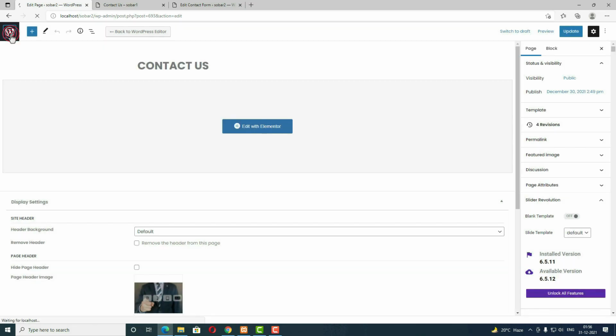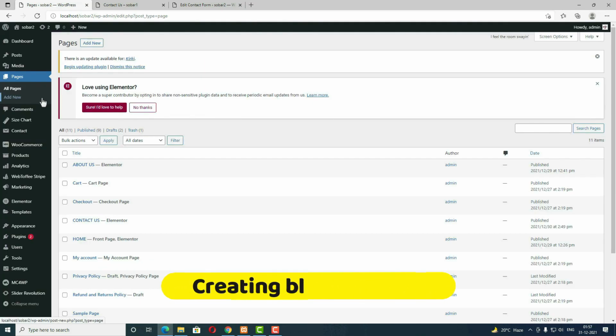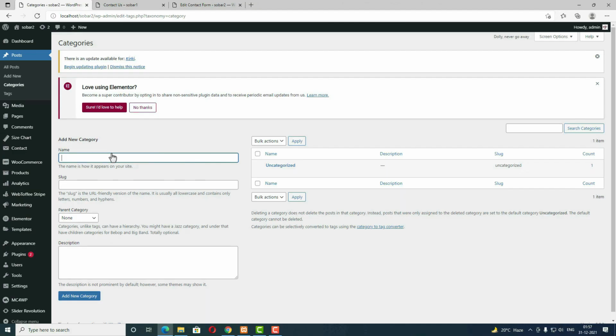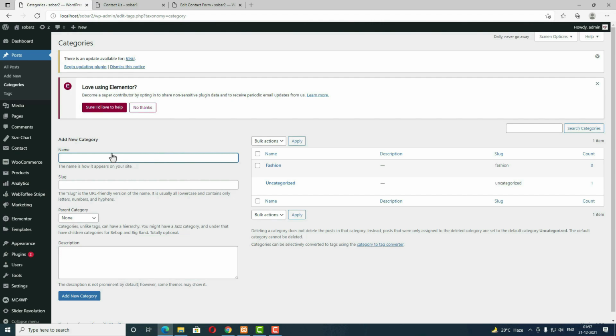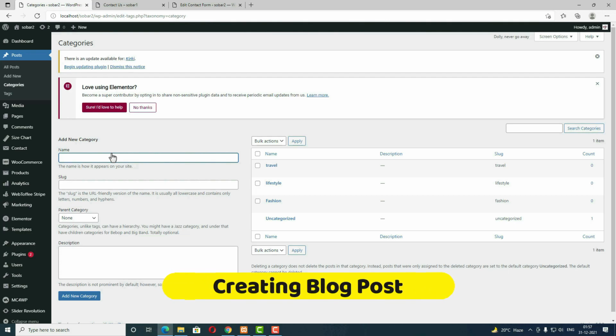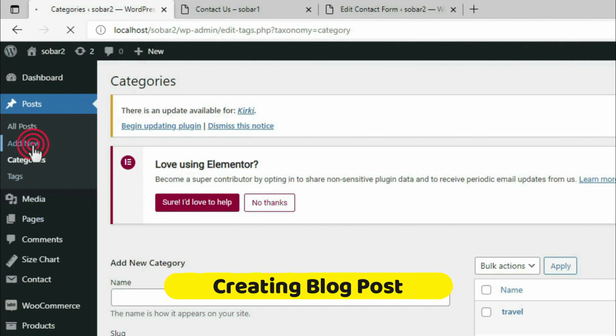Click on the exit to dashboard, and after that click on this W option. First of all, let me create some post categories, and after that I will create the post. So hover on the post, and after that you have to click on this categories option. So I am entering some category names like fashion. After that click the enter key, lifestyle, travel, etc. Once you create all the categories, after that you have to click on this add new option downside